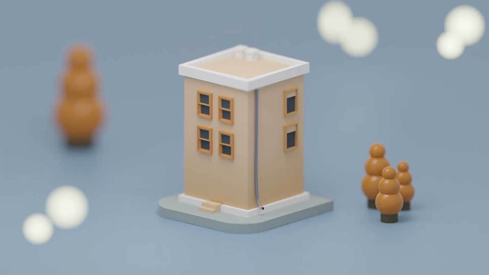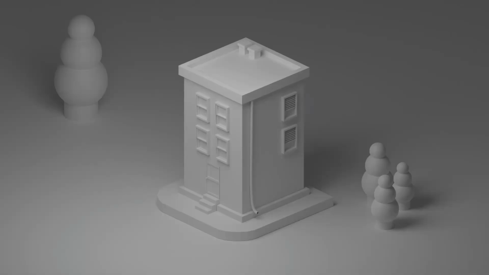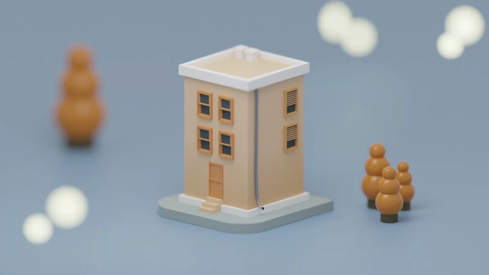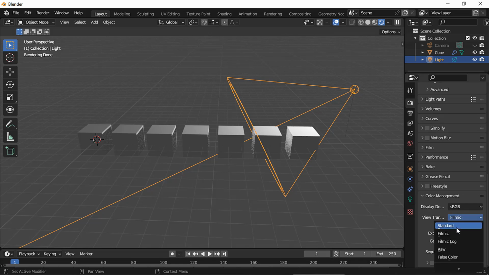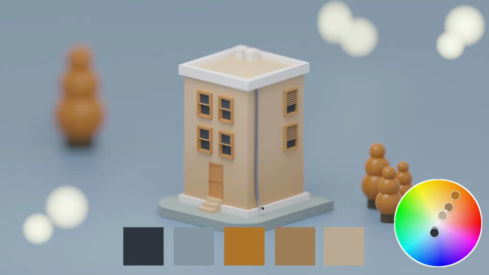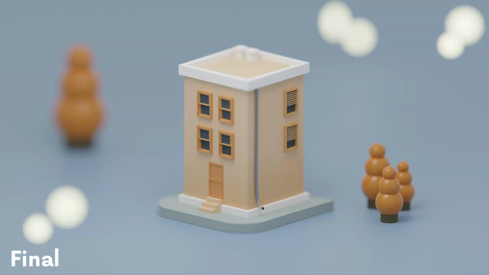Today we're finishing this animated building. We're gonna add some background elements, light up the scene, create the materials, and choose our final camera settings. I'll show you how to render in both Cycles and Eevee so you don't have to worry about rendering times. I'll talk about some lighting concepts and we'll go through my chosen color scheme and how to pick a color combination that looks cohesive. Okay, let's begin.